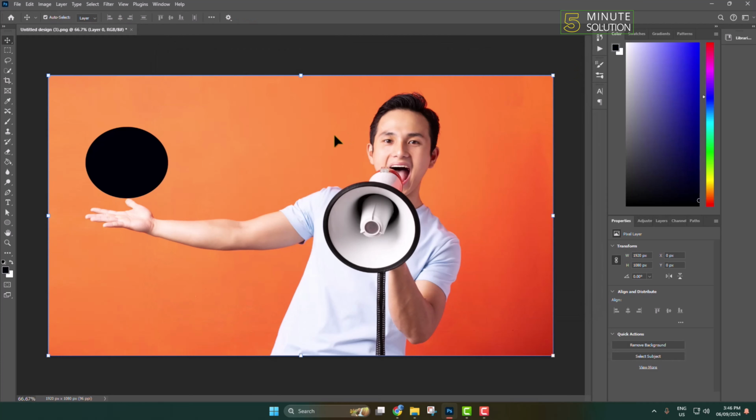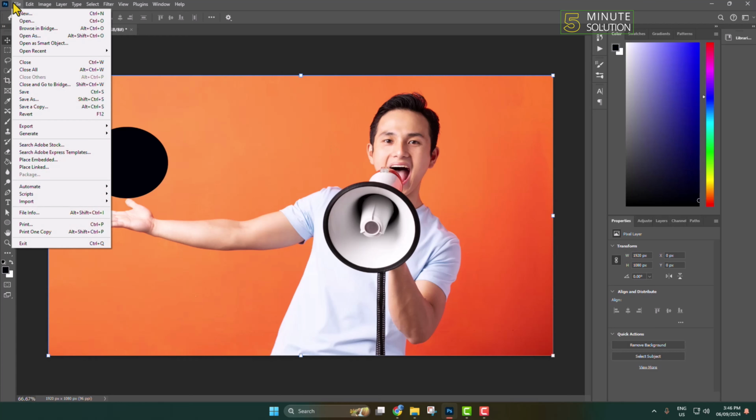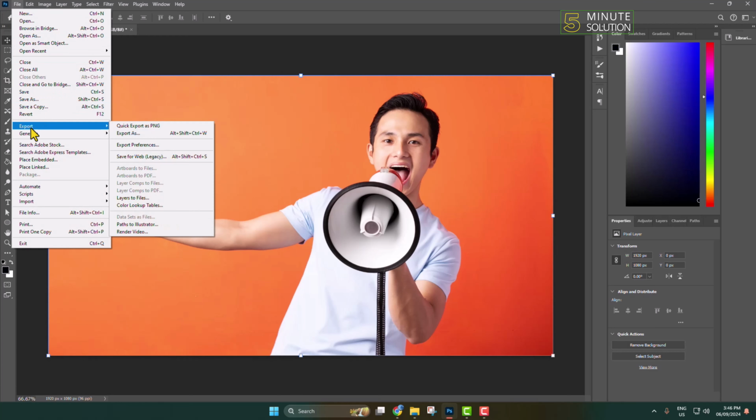And now it's time to save the image or project as SVG. So go to File and here hover over Export and click on Export As, or you can press Alt Shift Ctrl W,